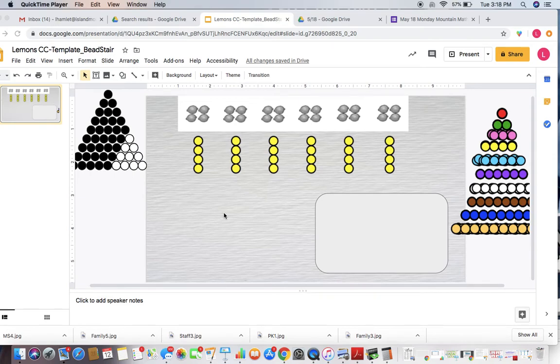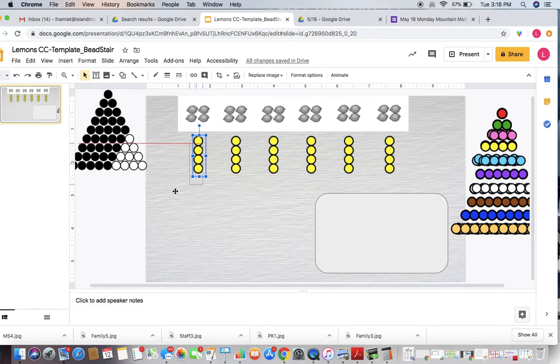All right, so today's question is about lemons, and we see that we have 6 groups of lemons. Within each group are 4 lemons. So I've chosen to represent those with our 4 bead bars here, and funny enough, they're yellow like a lemon. So each group of lemons is now represented by a bead bar, and what happens is I can now put